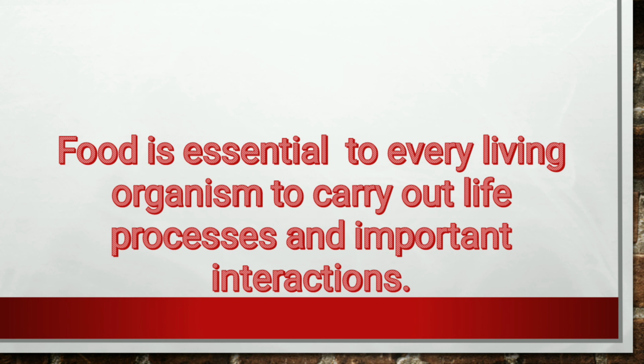Ang mga halaman at mga hayop na ito, kapag sila naman ay namatay, ay kukuhain naman ng mga decomposer at tutunawin sila upang maging pataba sila sa lupa. Ang mga nutrients naman ng mga ito ay gagamitin ng mga halaman sa tulong ng light energy upang gumawa ulit ng food sa pamamagitan ng process ng photosynthesis. Ang interaction na ito sa kapaligiran ay paulit-ulit lang na mangyayari. Yung cycle na yan, paulit-ulit lang yung mangyayari. Yun at yun lang din ang kanilang proseso.